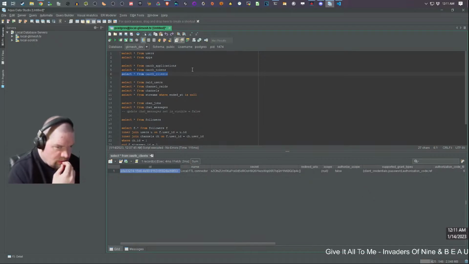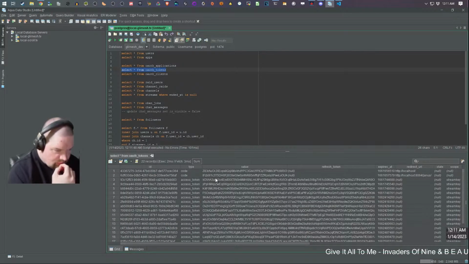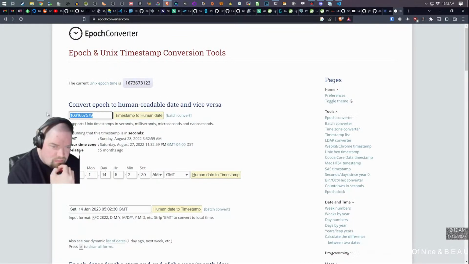Yeah, so it's really... If the refresh token lasts for 30 days, then if I look at the ones that have refresh tokens, like these guys, and I copy this, Monday, August 29th at 3:44:48.